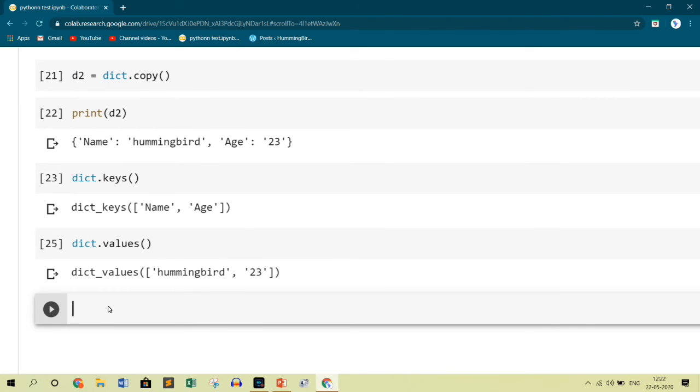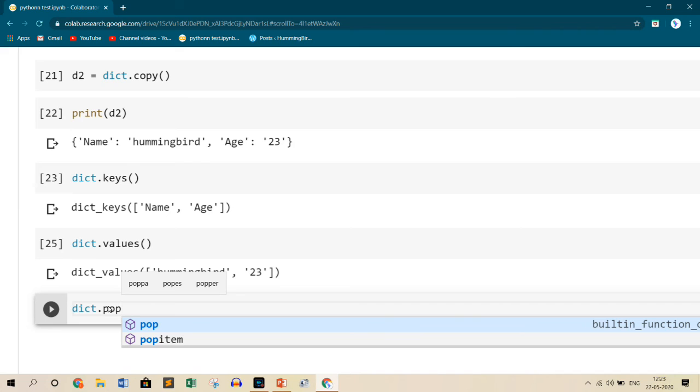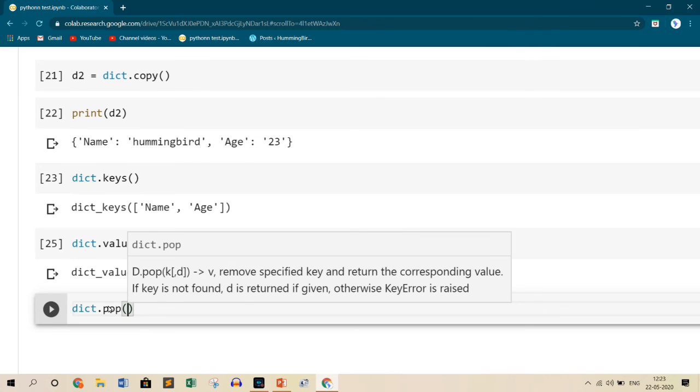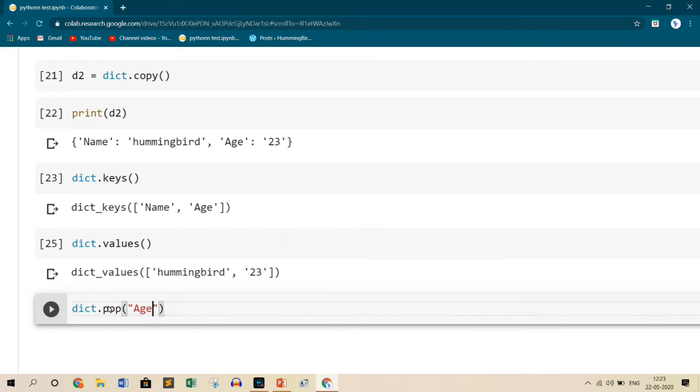What if you want to update something? Consider you want to delete or remove any of the key value pair from the dictionary, you can also use one more method called pop. If I use this pop, I call the dictionary name first, call pop, and then I want to remove age.